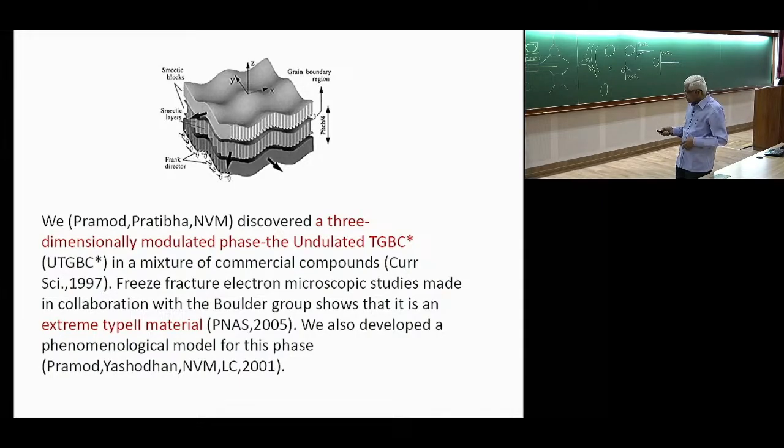And then subsequent work, in collaboration with the Boulder Group, who have good facility for freeze fracture electron microscopy, shows that this is an extremely type 2 material, where the penetration length is of the order of a few hundred angstroms instead of just about 10 or 15 angstroms in the typical type 2 material. So anyway,